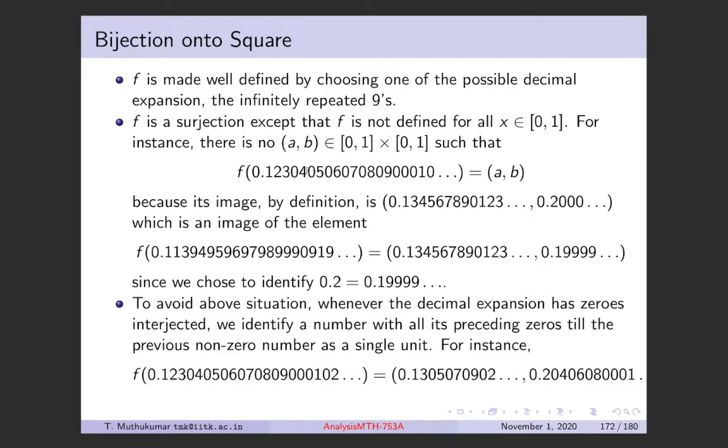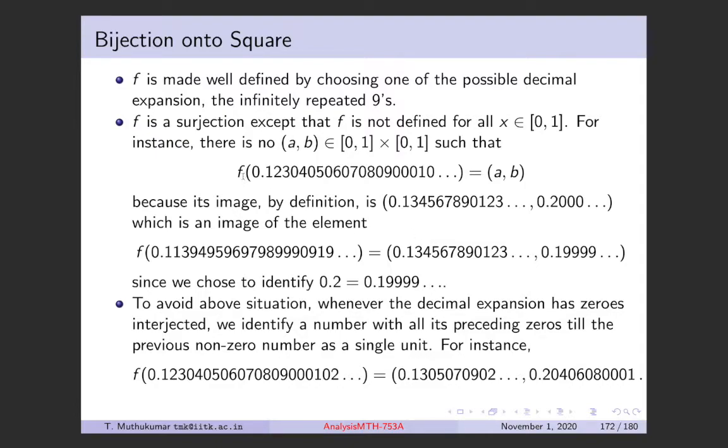The issue here was that it had alternate zeros, you see, which is what made this 0.200000 and so on, which we don't consider, because we are going to consider the other expansion. So the issue comes only when we take numbers whose decimal expansions have alternate zeros. So to avoid this kind of situation,